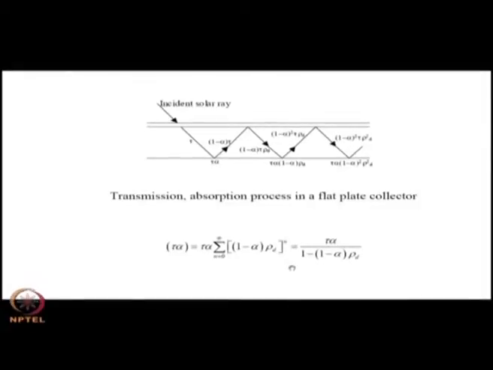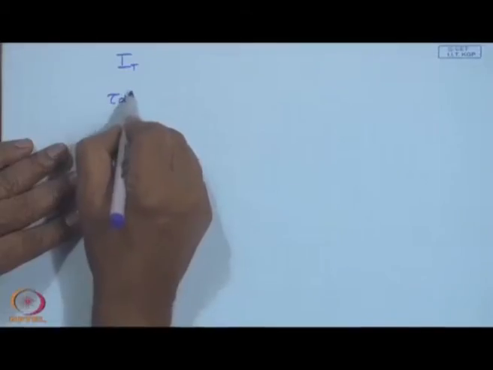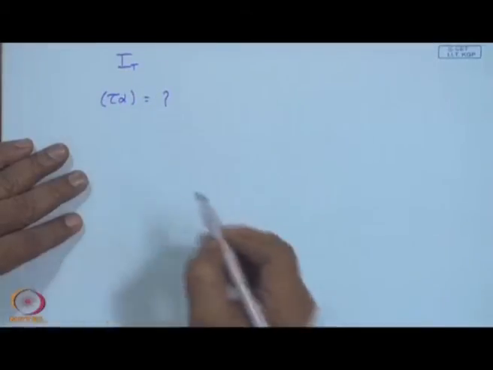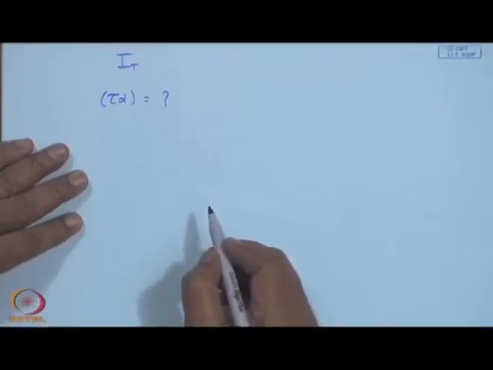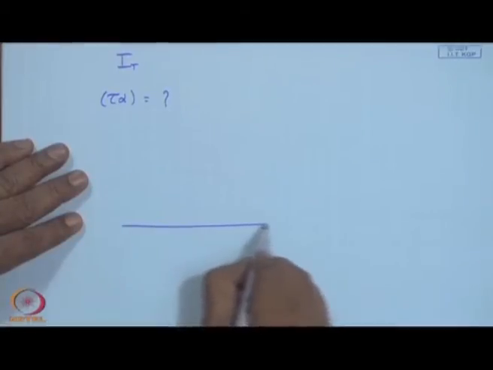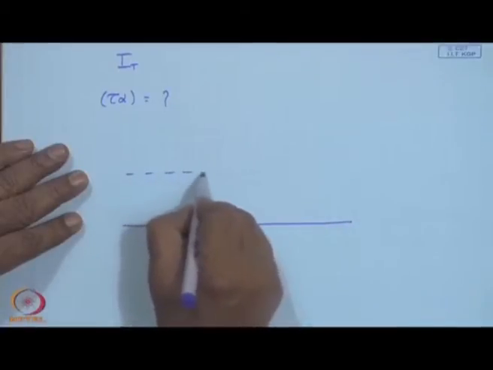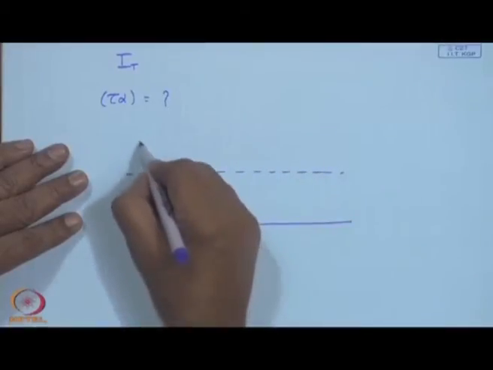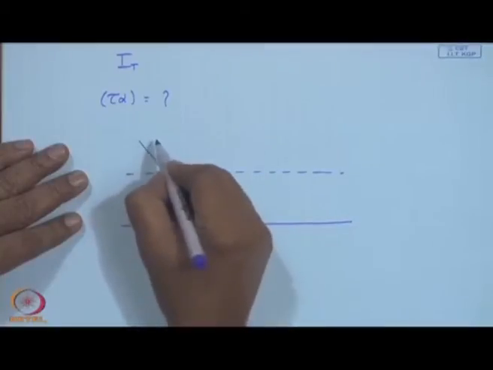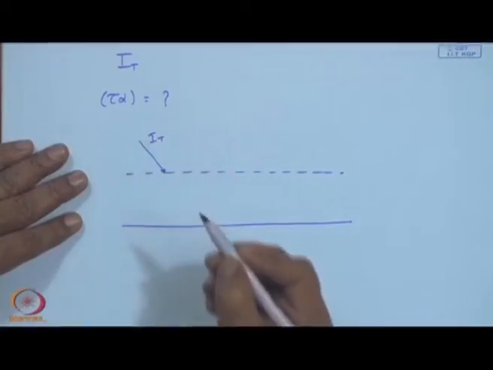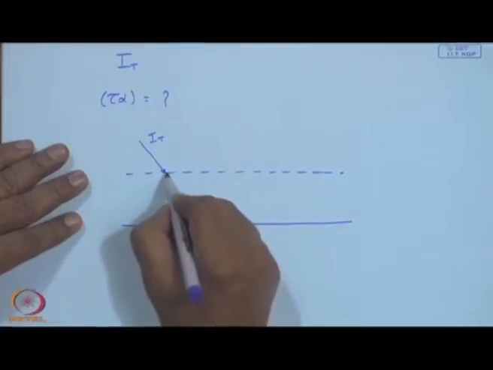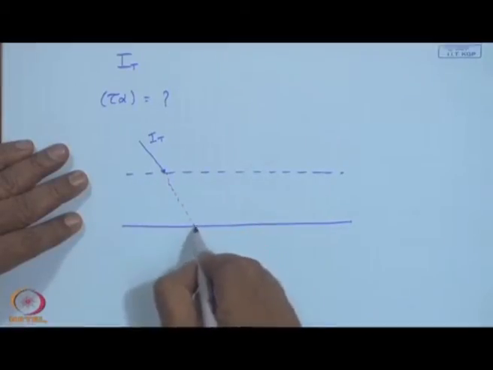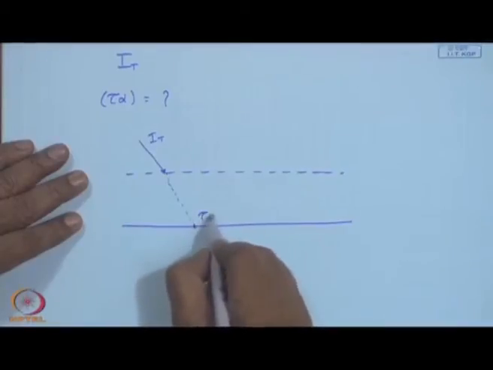Now, let us examine what is happening to the incoming ray. We know how to calculate I_T. Now, we set about to calculate tau alpha, that is the effective transmittance absorptance product. If this is your absorber and this is the glass plate, my incident solar ray of I_T will be penetrating, and if that is unity, this will be tau